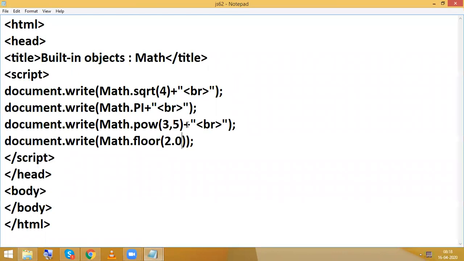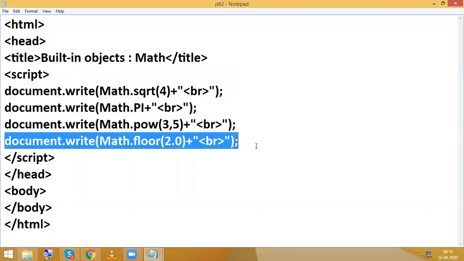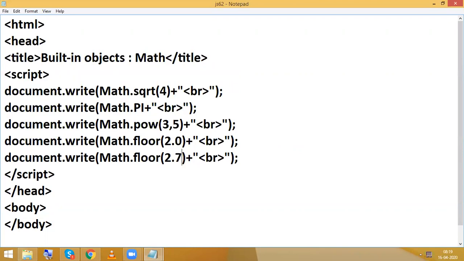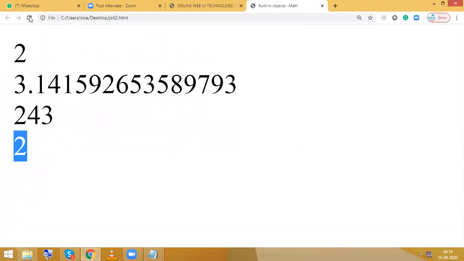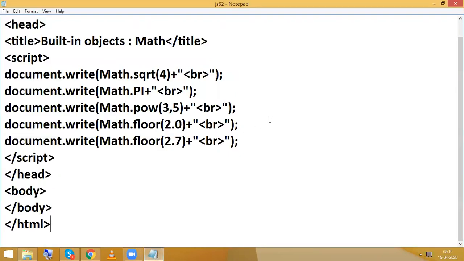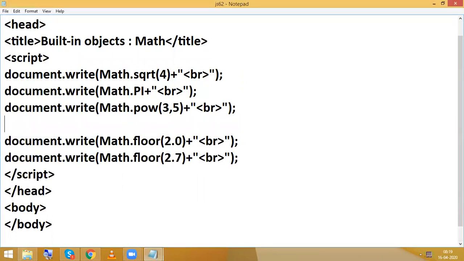Whenever I give 2.7, the result is 2. So in the case of the floor concept, whatever number you give, whether it is 2.0, 2.1, 2.2, it is always going to consider 2.